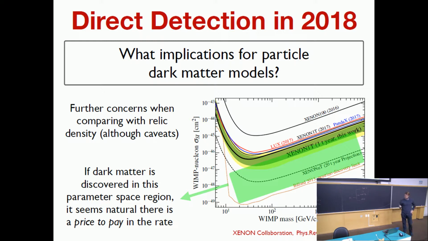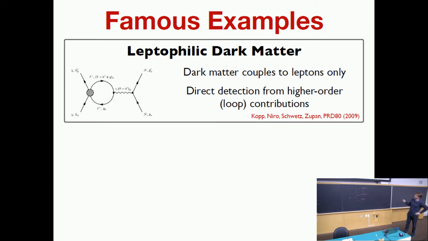Okay? So let me show you a couple of examples. A natural example is the so-called leptophilic dark matter. These are dark matter models where the dark matter talks only to leptons of the standard model. So electrons, muons, taus, okay? And of course, if you do a calculation at tree level, you don't find any signal because we are computing